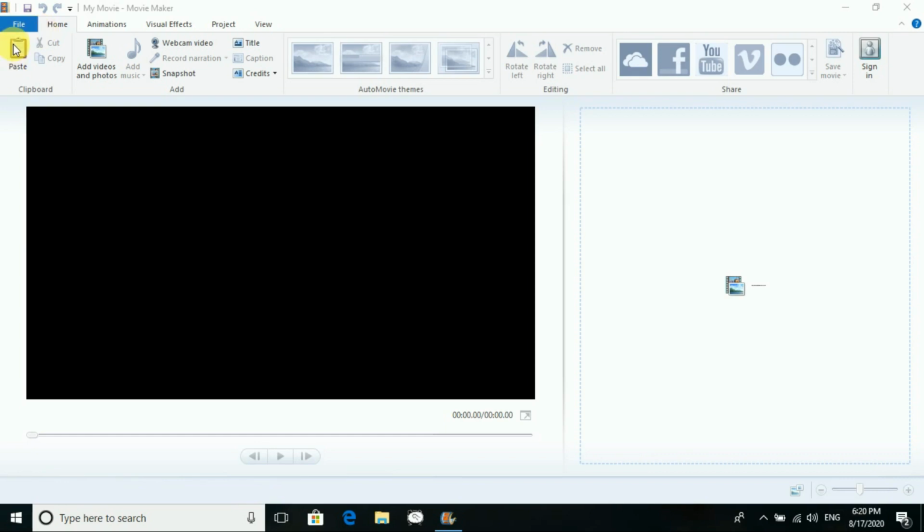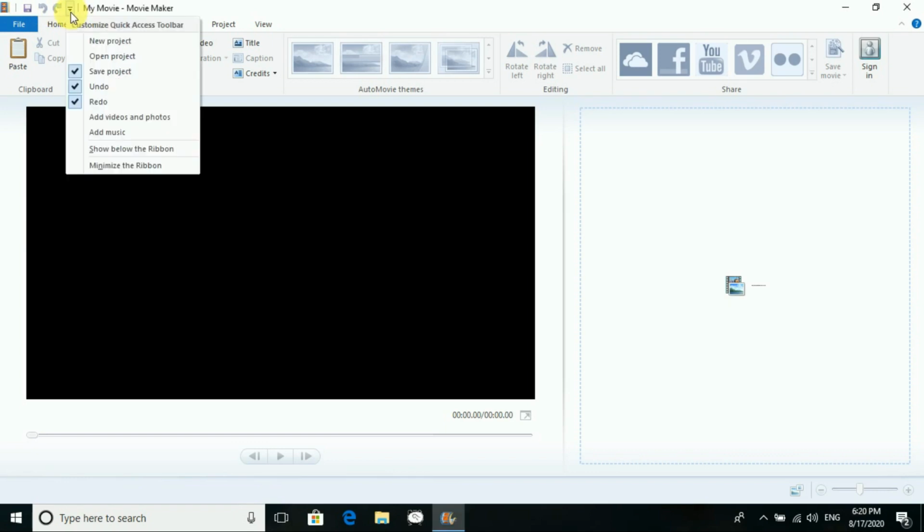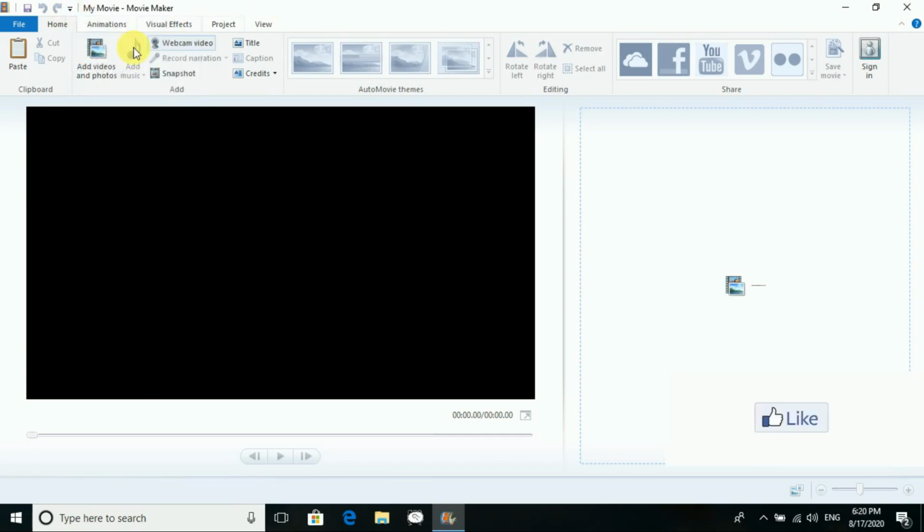Now we will see many of the options, like your quick access toolbar. In that quick access toolbar you have some tools by default, like save, undo and redo. You can make changes, you can add more over here, right? Then next we have the control buttons which are needed.